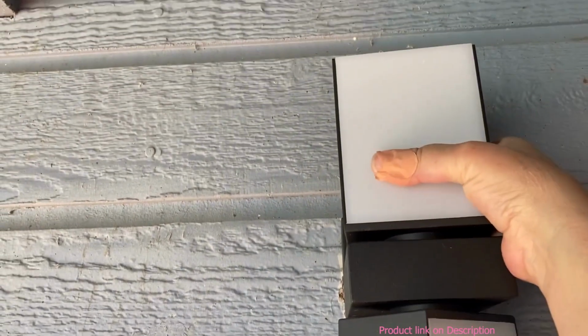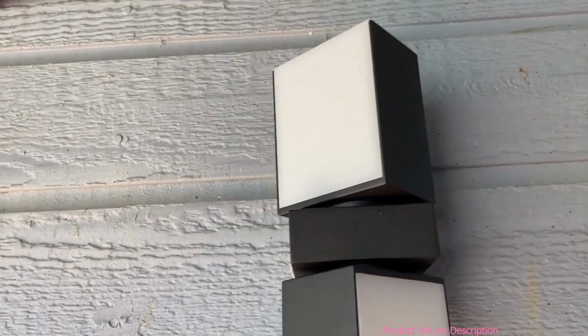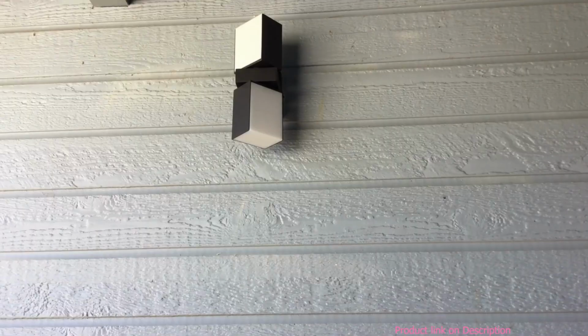And you can see here I can go ahead and move these lights to whatever direction I want. So again, I'm putting one towards my door and the other one towards the pathway. Alexa, turn on front porch. Alexa, turn off front porch. Okay,